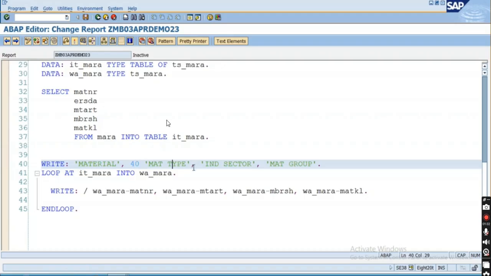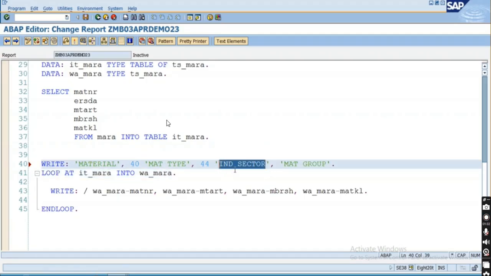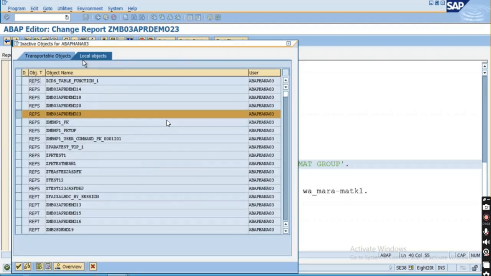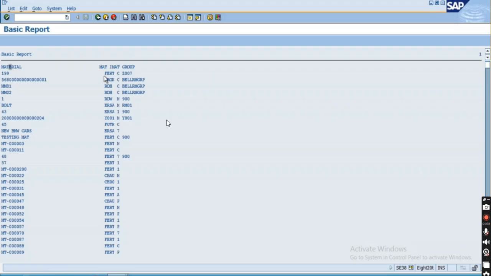So 40 plus 4, if we give 44 over here, it will not get properly aligned. Industry sector is only 1 character, but here the industry sector label I'm writing is longer, around 9 or 10 characters, right? So 44 and 1, I'm just going to give 45, but it will not solve my purpose. Okay, just activate it, press F8, and you can see that material something got